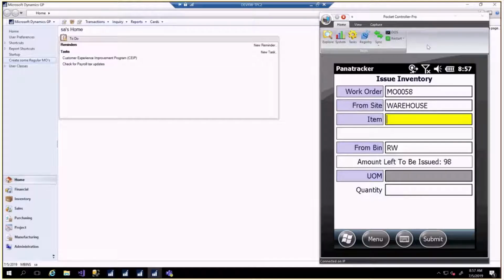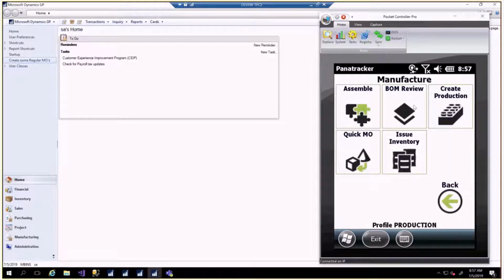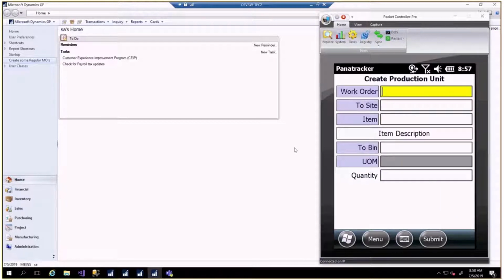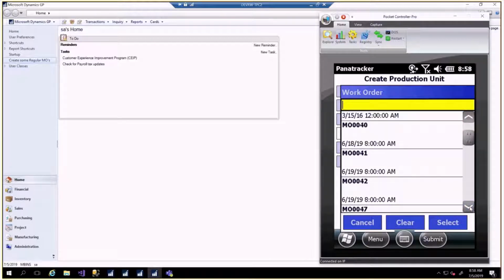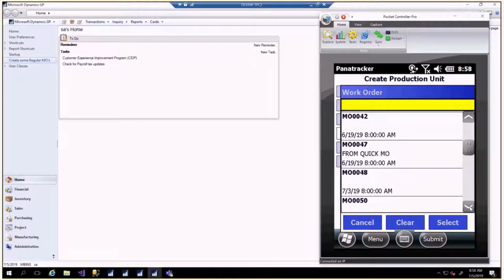We're back in the Panatracker Pocket Controller Pro user interface, and we're about to look at Create Production. So to look at Create Production, we'll click on the button that says Create Production. In here we can find the MOs that we had created in our last segment, and MO 58 is in